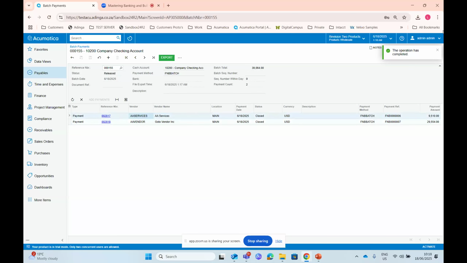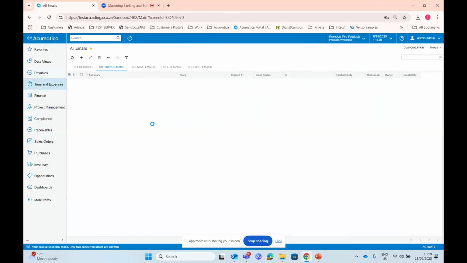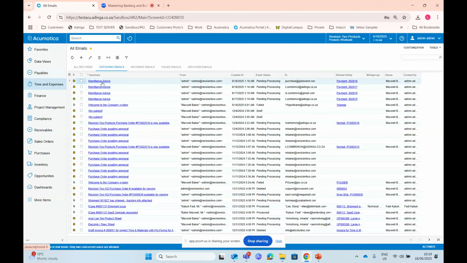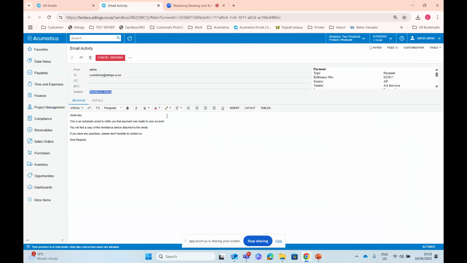So what happens now is I've set up an automatic remittance to be sent to the supplier. I am on a test environment, so the emails are not going to send, but I'm still going to show you how the email looks. If I go into time and expenses and all emails, I can see there are remittances that have been sent. If I open it, I can show you how it looks. The body of the email we can change.